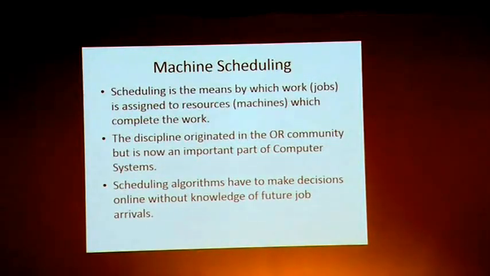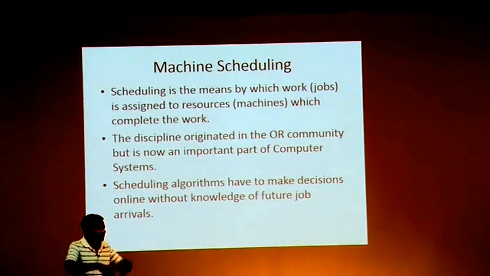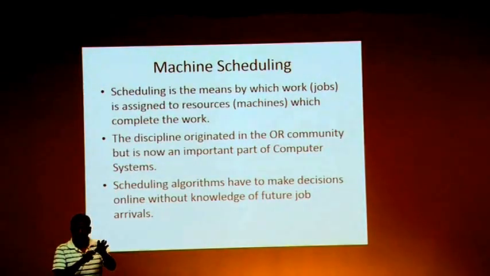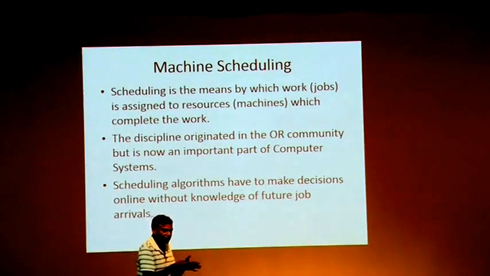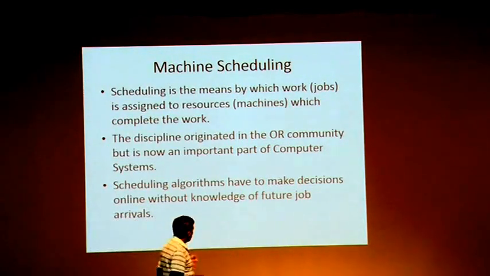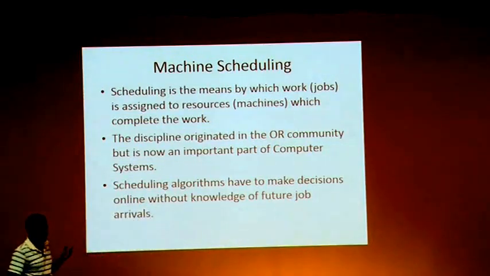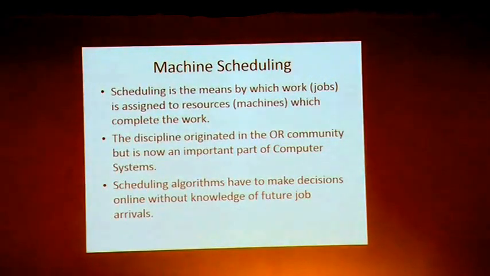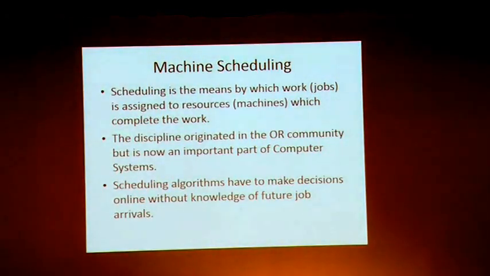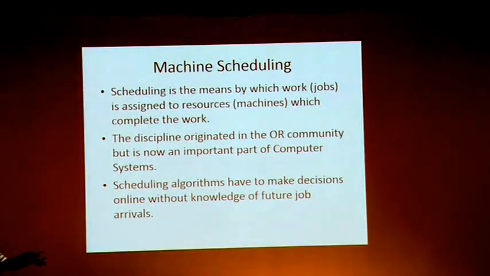So let me first tell you what machine scheduling is, because when I type scheduling into Google, it comes up with very strange pages, usually lots of calendar-like images where you're trying to build your daily schedule, right? So when we talk of scheduling here, it's slightly different. Scheduling here means that you have some tasks, some jobs. There are some resources, which we'll also call machines, and you have to assign those tasks to those resources, right?